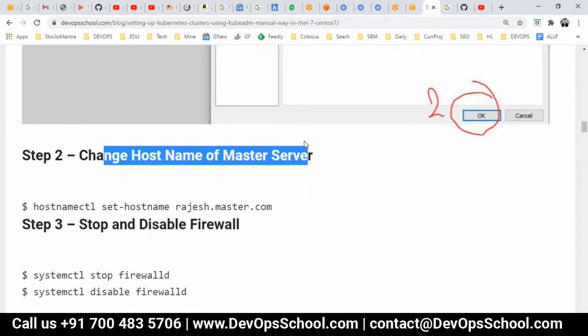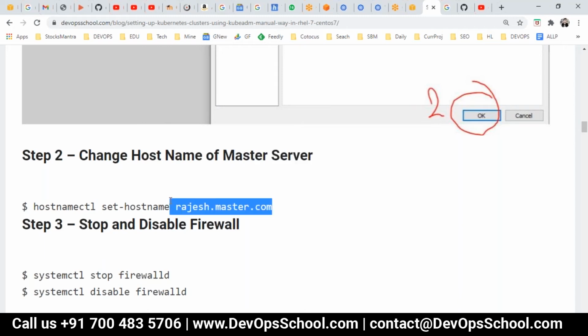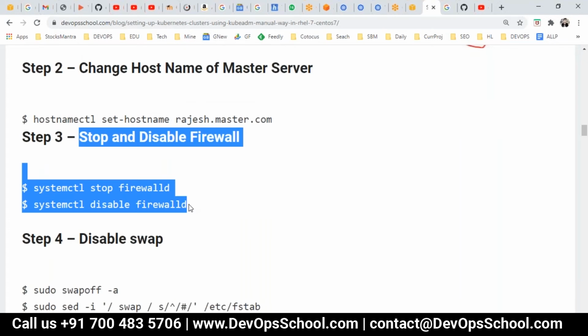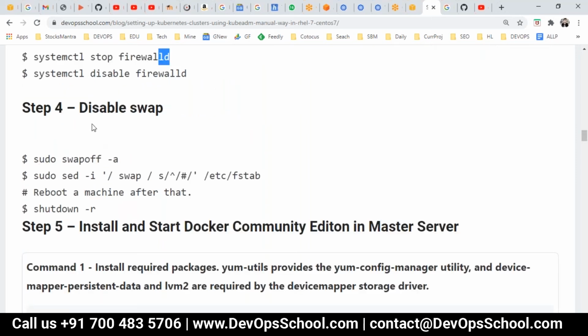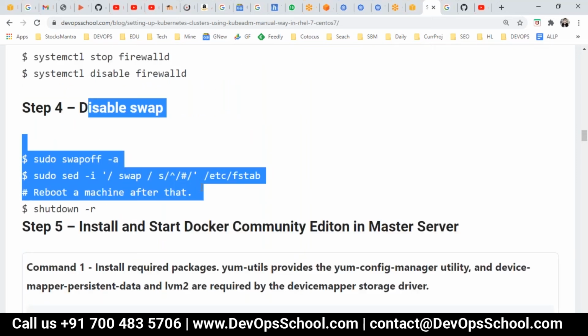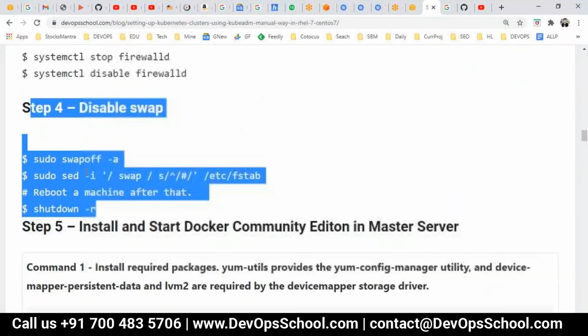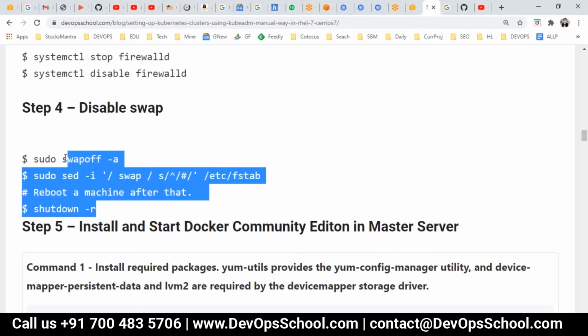Step number 2, setting up the hostname for the master server. Again, I skip it because here in EC2, anyways, I get a default hostname. So I don't have to do that. In EC2, we control the firewall through the security groups, so this is also not required. And in EC2, anyways, you have swap disabled, so you don't have to do this. So 1, 2, 3, 4, you need to do that, but you will do that only if you're using virtual machines in your laptop or in your company organization or something like that. It's not for EC2. EC2 has all this set up already.